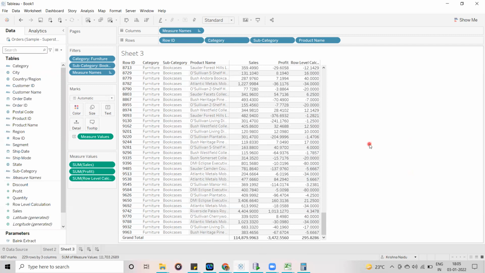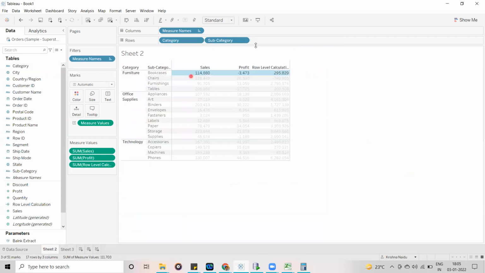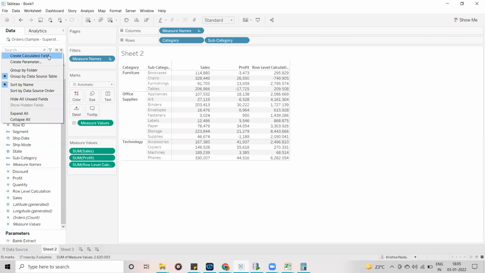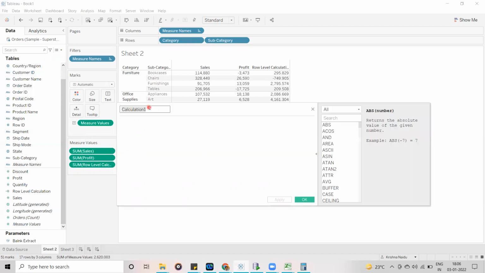Now, guys, let me show you here. As I said, the default aggregation in Tableau is sum, right? Now let me create another calculation. I am going to click here and create a calculated field, and give it the name group or aggregated calculation.